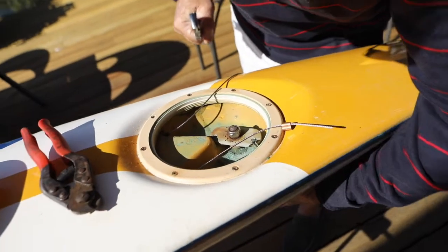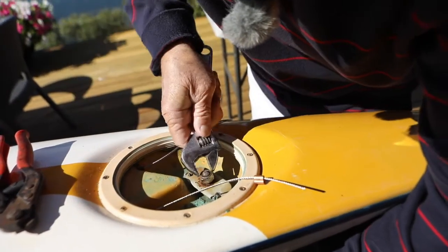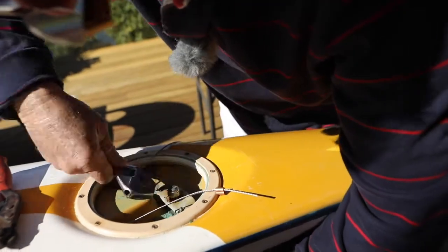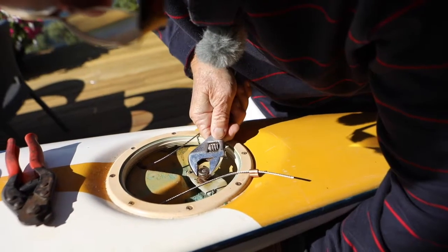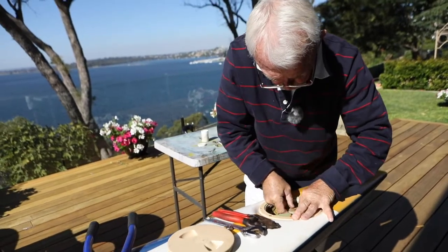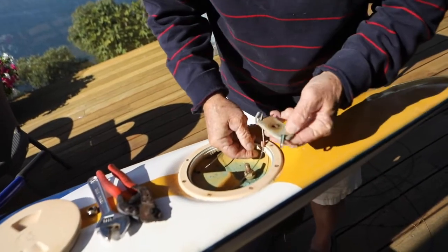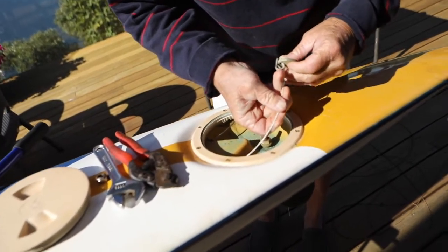Right, now to fit the rear cables, it's probably a lot easier to take the fitting out. You can do it while it's in the boat, but you'll find it a lot easier if you take it out of the boat and ease the fitting off. They can be quite tight, these fittings, but just remember the way you've taken it off so you put it back the right way. Then just feed the cable through,